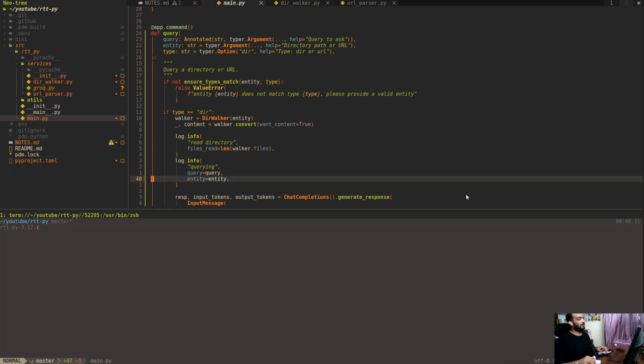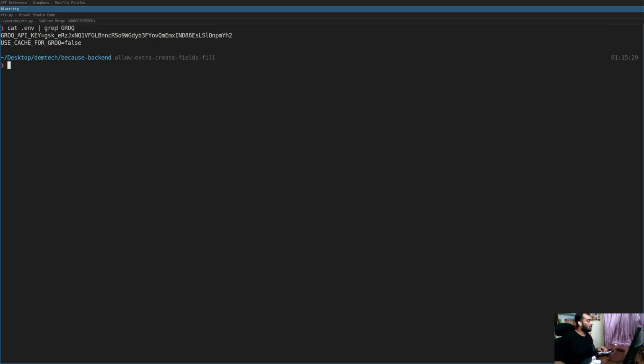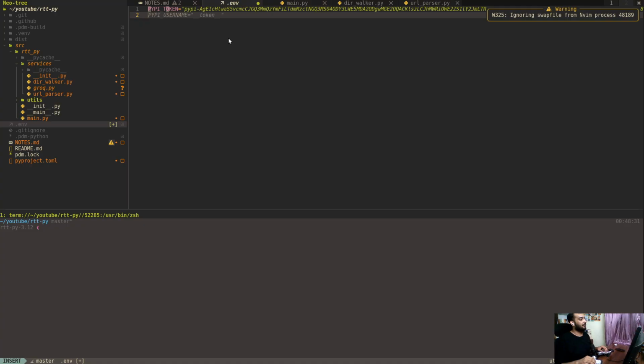Before doing that, I need to add my API token. cat .env, and then we'll grep for proc. Okay, we'll copy this. Don't worry guys, by the time you see this, I'm going to be removing it. So we'll call it